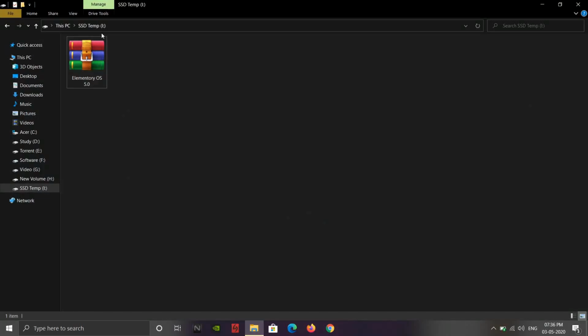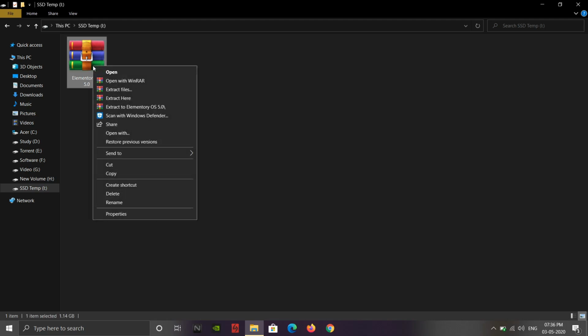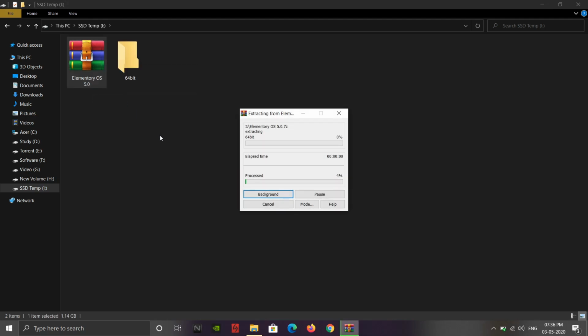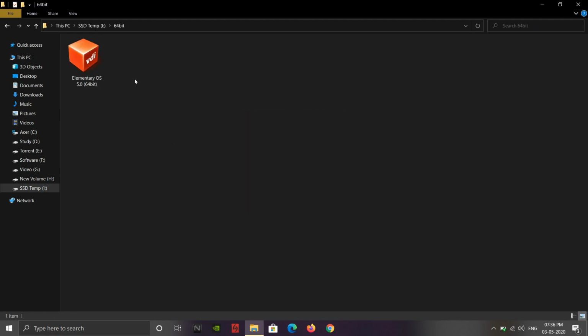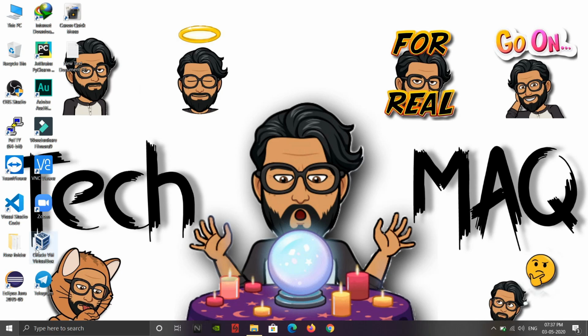So here's the file which you have to extract. Just right click on it and extract here. So here is the VDI file, or virtual disk image, which we are going to use to install the Elementary OS in VirtualBox. Now open VirtualBox,